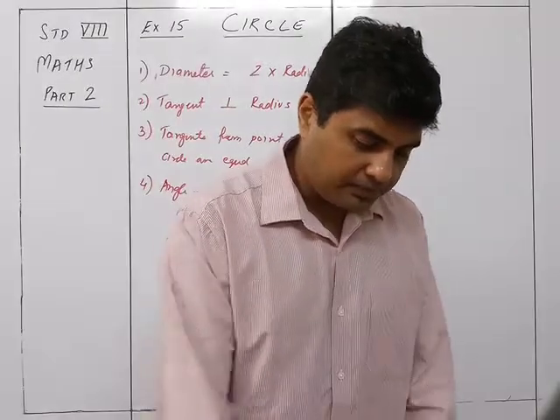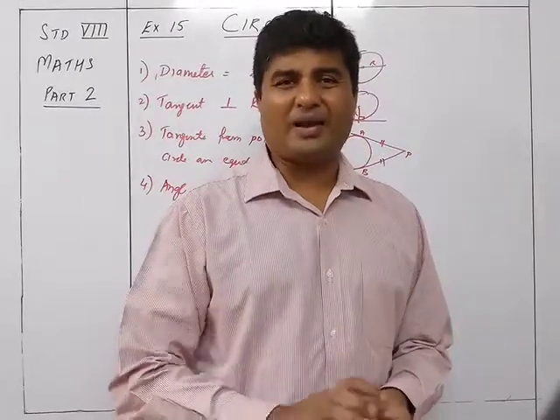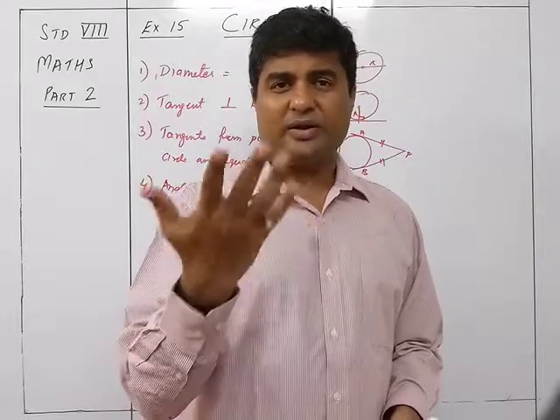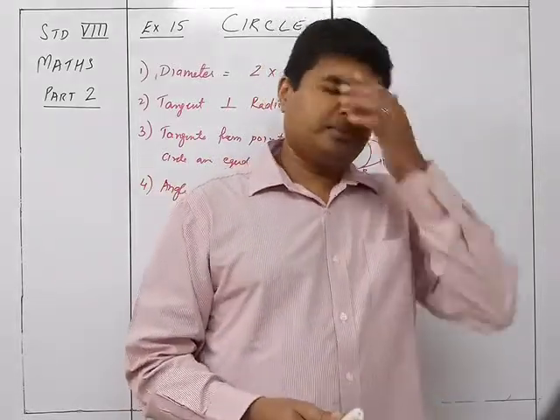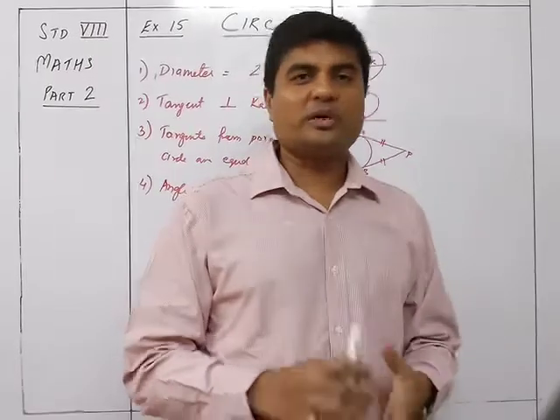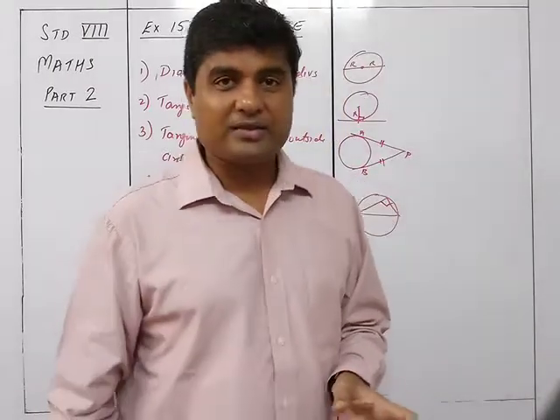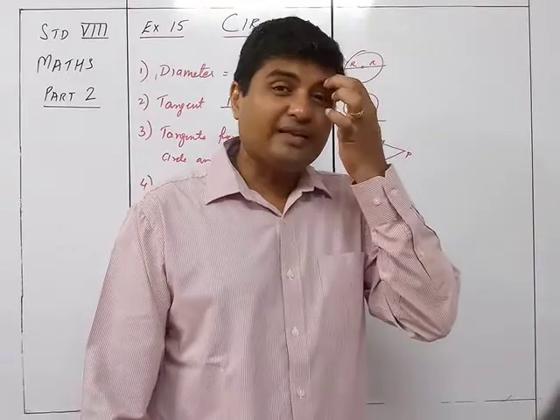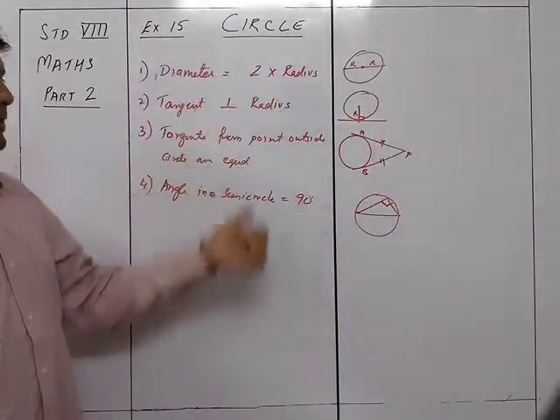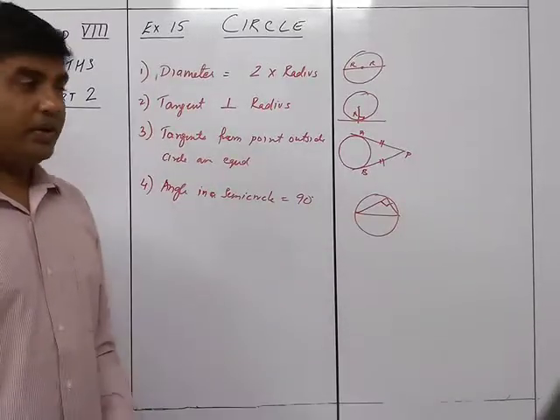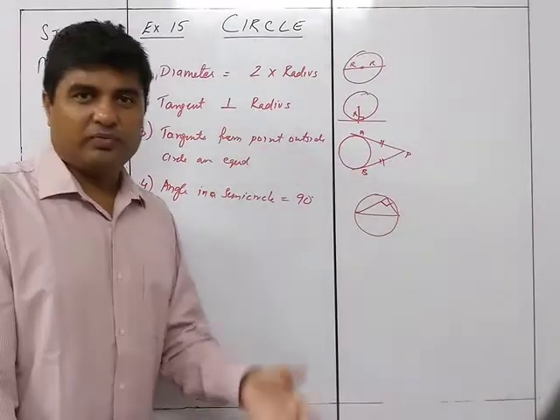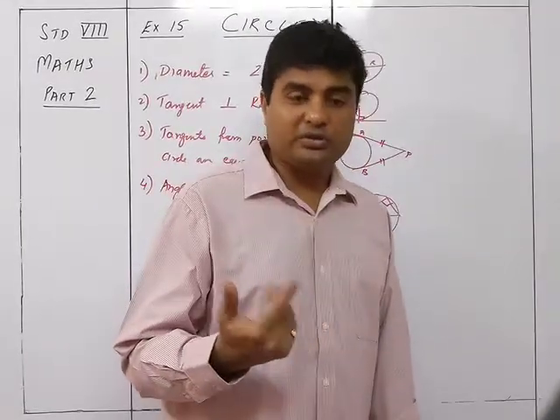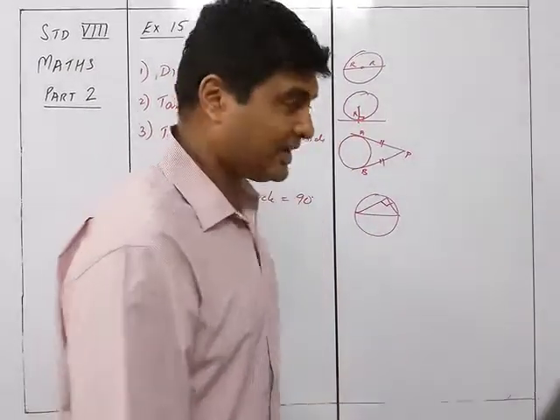And of course, if you are having any parallel lines, then the coincident angles or corresponding angles or interior opposite angles, we have to use all of those. So all the alternate angles, we'll be using. The triangle properties we'll be using. But the major thing is that these are the four important properties of the circles we can use over here. And of course, the Pythagoras theorem will also be very helpful. So this is the basic thing you are going to use in this chapter. So let's start with exercise 15.